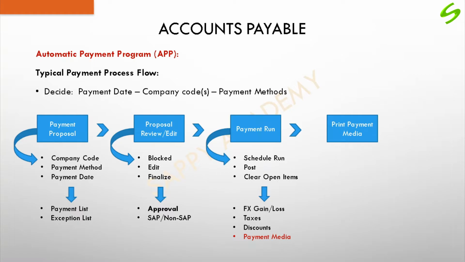Payment run is completed. Now payment is not made by the bank until we generate a file required by the bank in the format that the bank needs and then send it to the bank. Then only the bank makes the payment. So this is the final step where we are creating a file and sending the file to the bank to make the payments. Similar to payment run, payment media can also be scheduled at a particular date and time, and we can give a job name, and the term used in SAP is schedule print. We have to click on the schedule print option. The system will give us the screen where we can enter the date, time and job name to schedule the payment media generation.